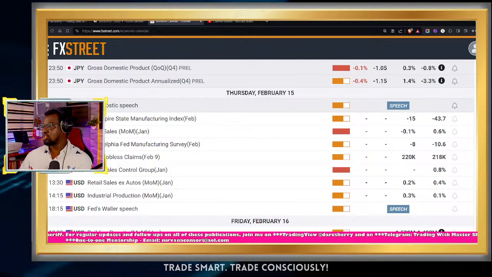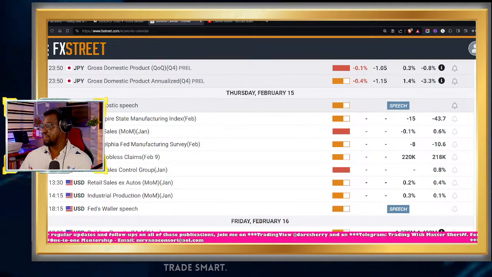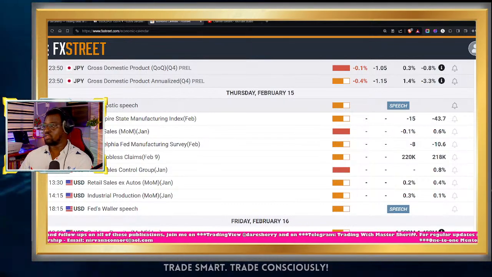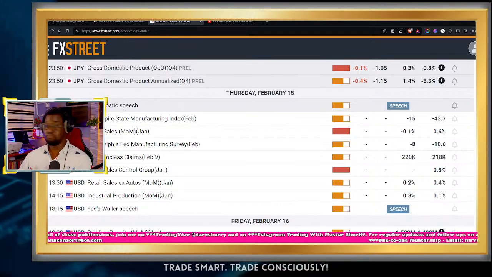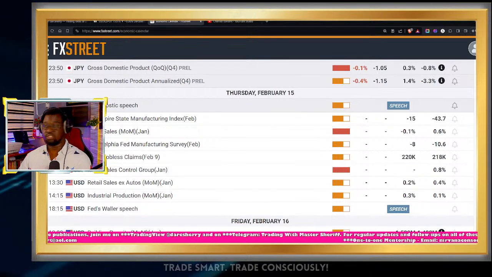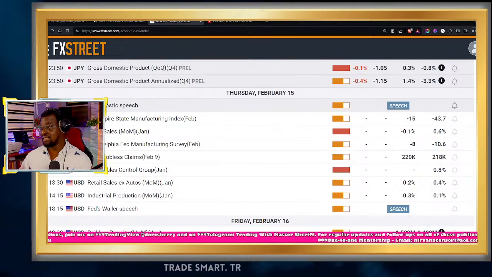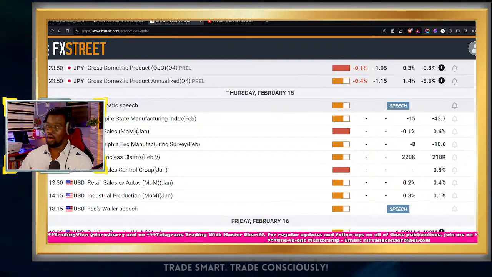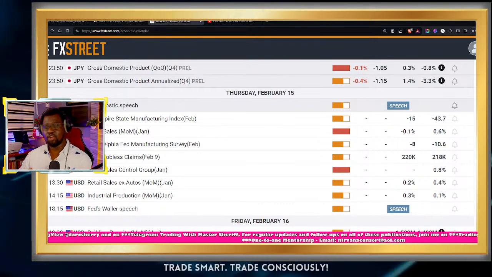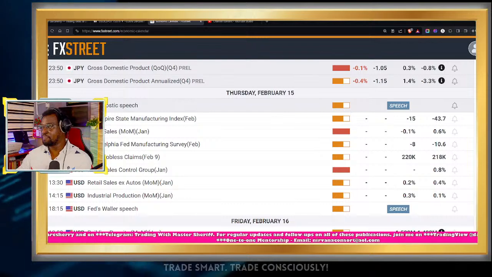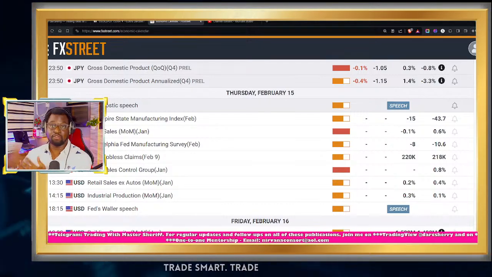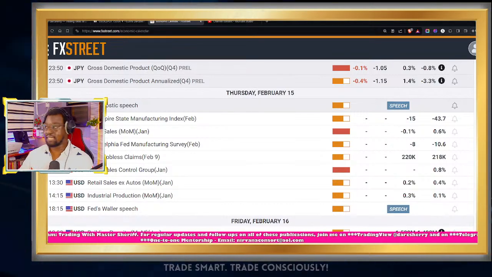Okay, so on our list here, the first impactful event is the retail sales data. For those who don't know, the retail sales data is a key economic indicator that measures the receipts of retail stores, representing consumer spending. Its impact on market sentiment can be considered very significant, as it provides insight into the health of the US economy and, of course, consumers' confidence in the US economy. This may likely influence expectations about future economic growth, depending on what the data comes up with.